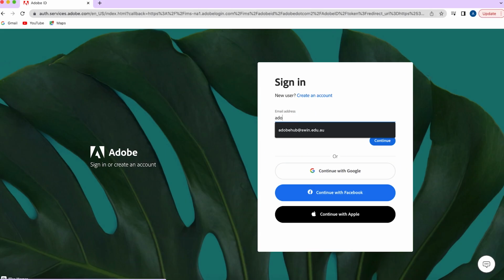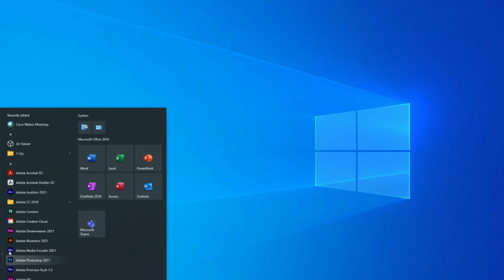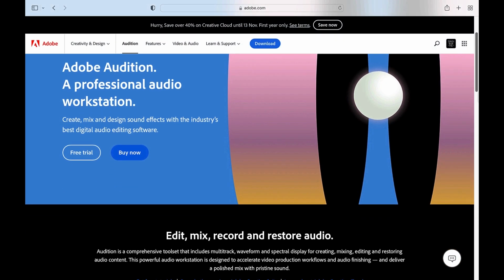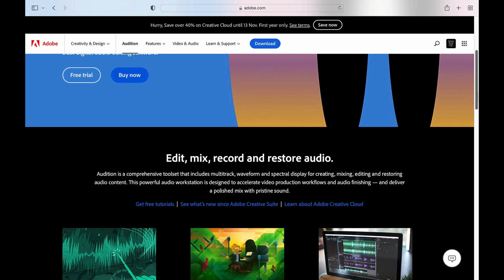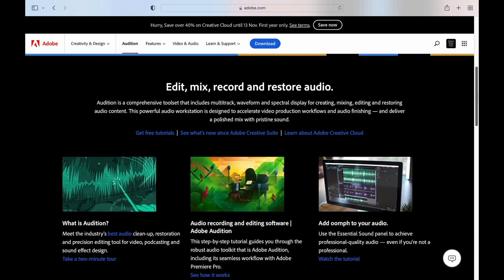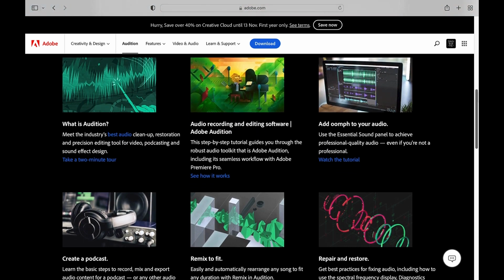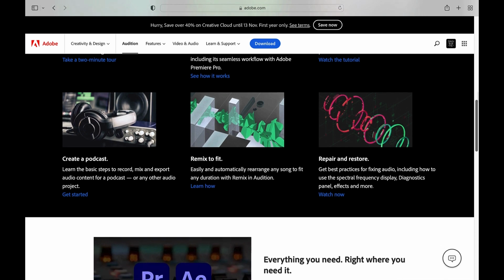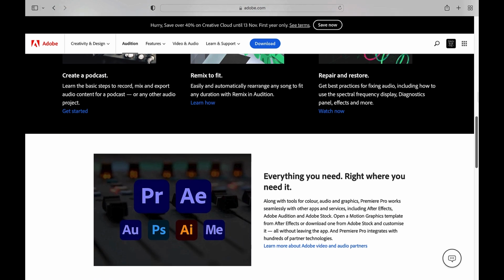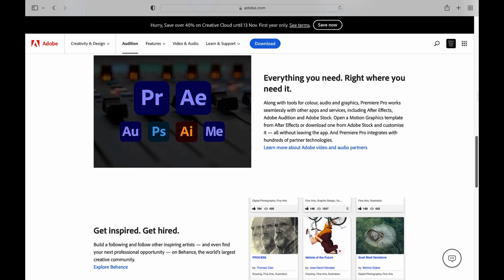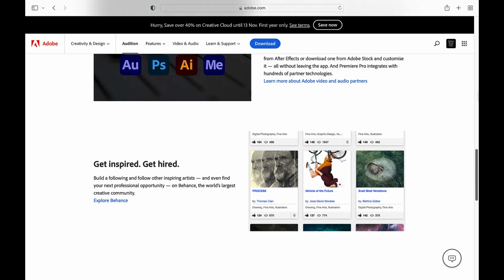Before we get started, please make sure you're signed in to the Adobe Creative Cloud using your Swinburne ID and have Adobe Audition installed and open. Adobe Audition makes it super easy to create and edit sounds. From podcasting to music mixing to video voiceovers, Audition has you covered. In this video, we'll learn how to open Audition, set up a new file, and start importing audio to create